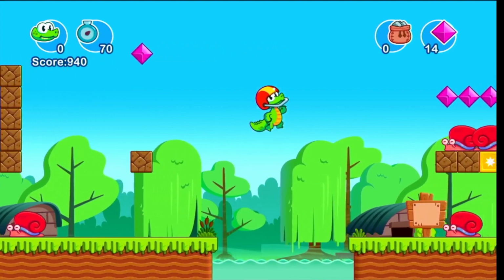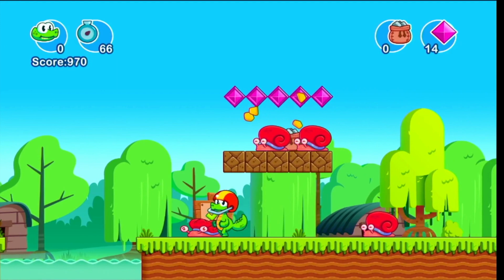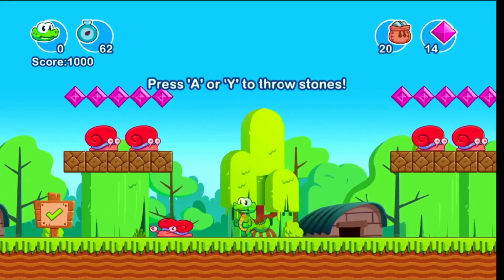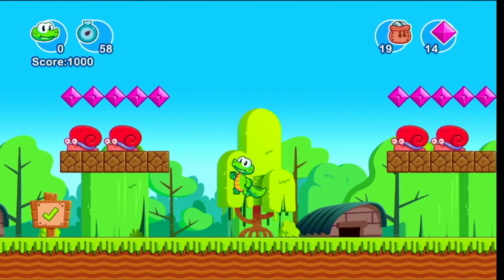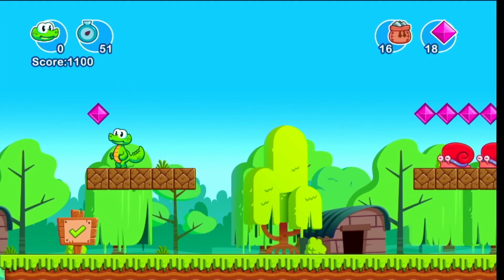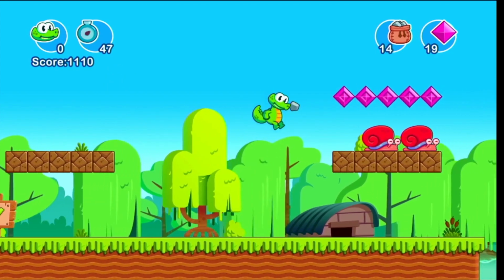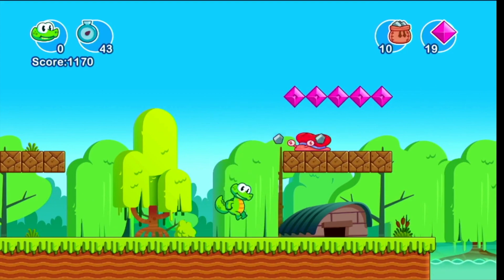throwing rocks. So when you progress through the levels and you break the little brick with the star, you get a bag of rocks. And so you kill the snails either by jumping on them or by throwing rocks at them. But you gotta watch out because you run out of rocks. So you gotta make sure that every brick with the little star that shines, you break it, because that's how you get the stones. And the more stones that you accumulate, the more stones you can throw at the snails